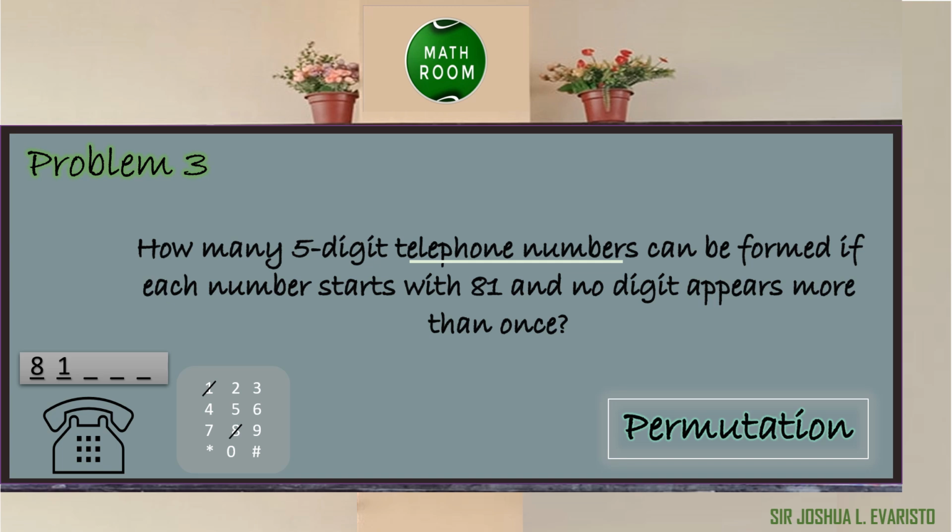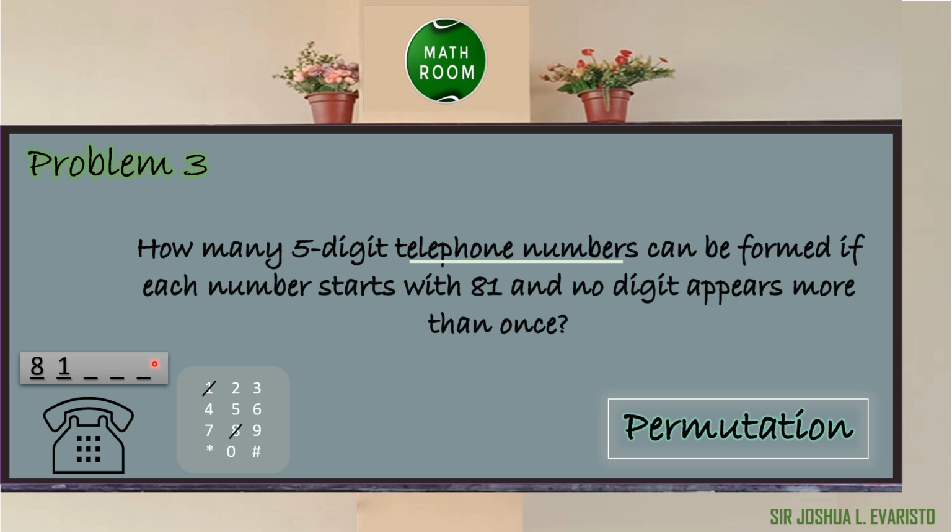We are going to form 5-digit telephone numbers, but the first 2 digits are already placed, which is 8 and 1. So only 3 digits are remaining. According to the problem, no digit appears more than once. So we cannot use 1 and 8 because they are already placed on the first and second position. Numbers 2, 3, 4, 5, 6, 7, 9, and 0 are the only digits available for the 3 remaining digits